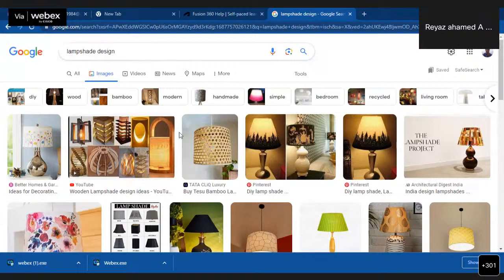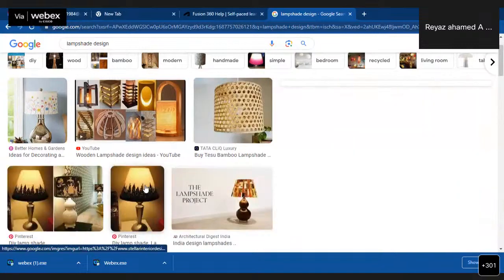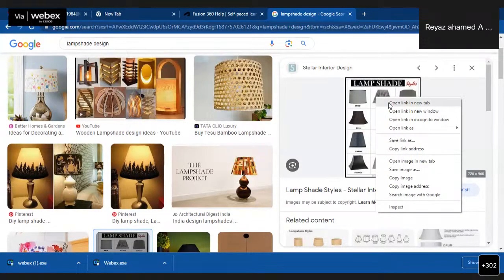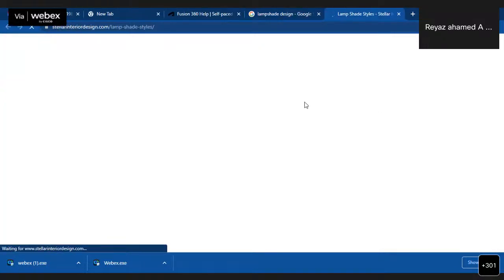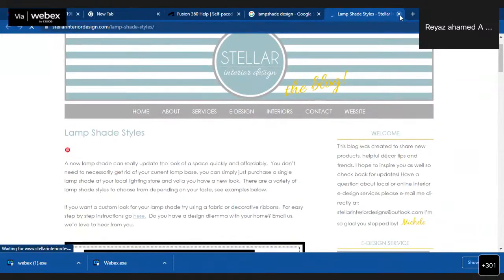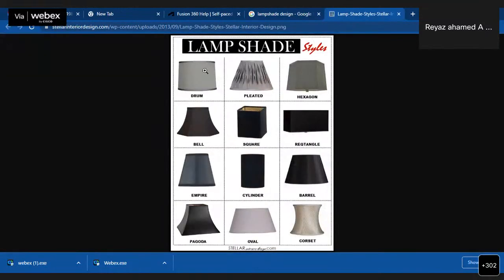If you go for lampshade design, you may see different lampshade styles. See, here different lampshade styles are there. Let me open this one. So these are the different lampshade styles. As like this, we are going to create our own design for the lampshade. Okay. So let us